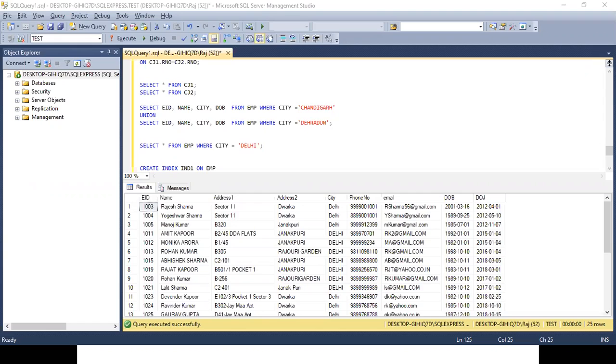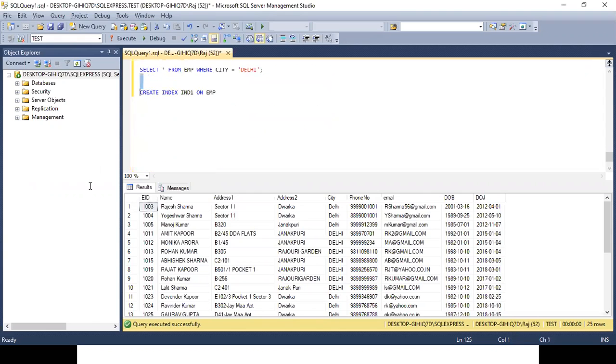So, assuming that we are executing this query, that is select star from EMP where city is equal to Delhi. So we are retrieving the data on the basis of city. First of all, there is no compulsion that we need to put the index on a unique field.